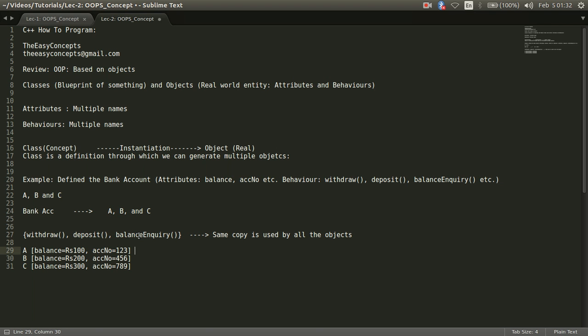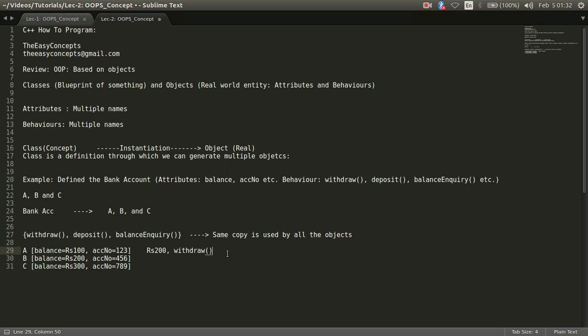If A wants to deposit some money, let us suppose A wants to deposit rupees 200 in his account, it will use the same function deposit. If it wants to withdraw some money, it will use the same withdraw function.